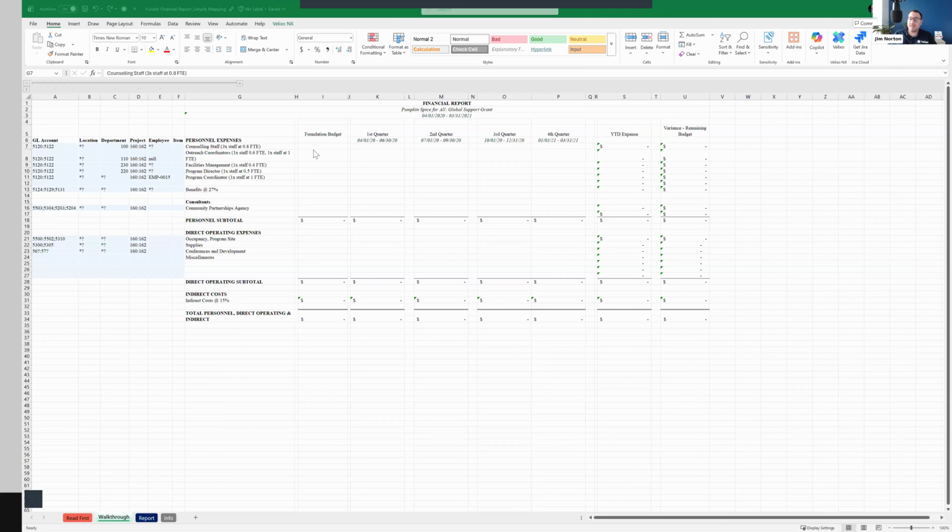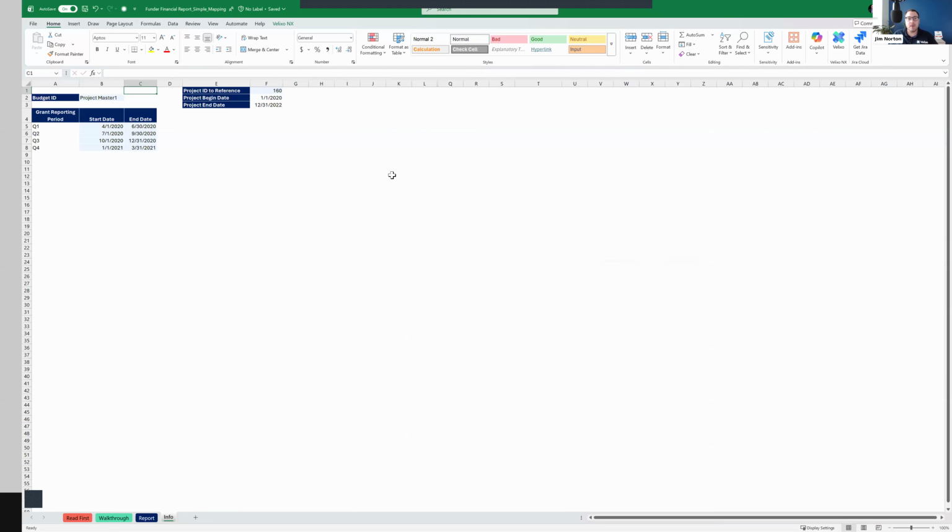One thing I want to point out as a note is it's generally very useful to have a tab like this off to the side, which I call an info tab or a reference tab, where you take things that you may need to use this information. You don't necessarily revisit or update it often, but it's good to have it as a reference and also to have it out of the way of people that you don't want messing with it. Right. So I typically have an info tab, an options tab, a reference tab, whatever you might call it, off to the side where I've got certain information I'm going to be referencing.